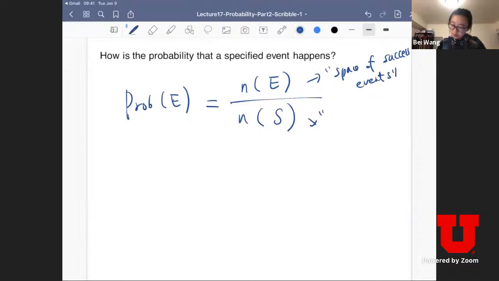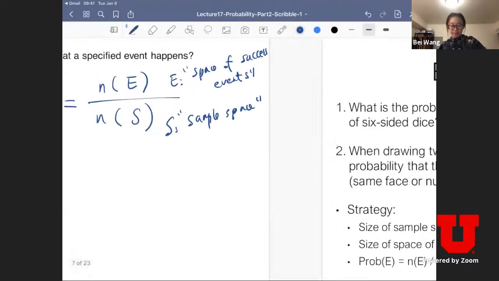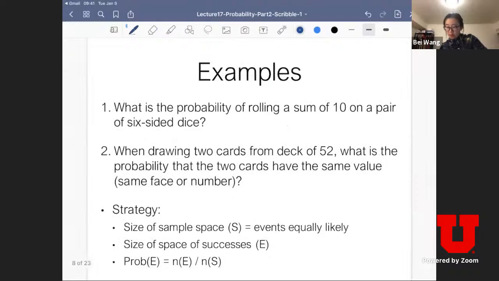The bottom is the sample space, the size of the sample space. Okay, so more accurately, E is a space of successful events. S is a space of sample space. All right, so now we are going back to look at one of the questions we might have seen before,